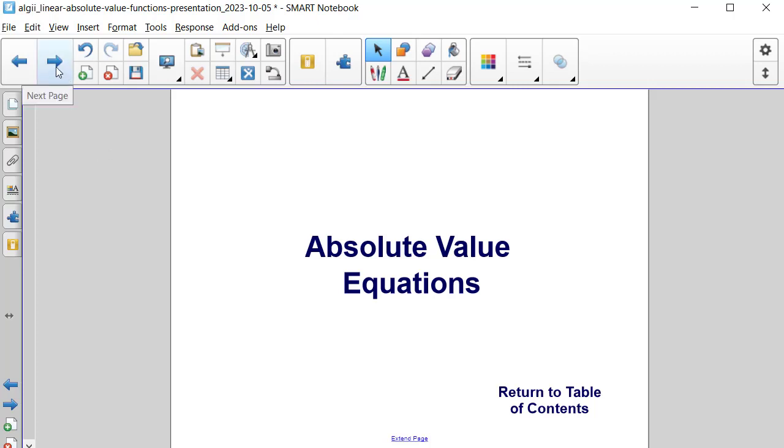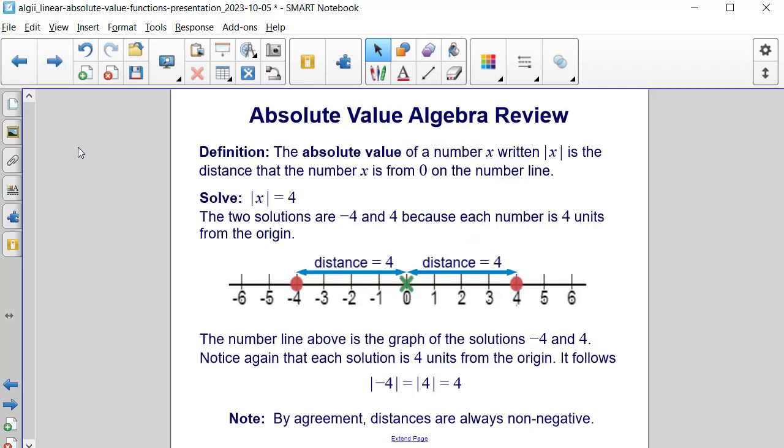Absolute value equations. Recall from earlier math courses that the definition of absolute value is: the absolute value of a number x is written as an x between two bars, and it's the distance that the number x is from 0 on the number line. Here's an example. If you were to solve the equation, the absolute value of x is equal to 4, there